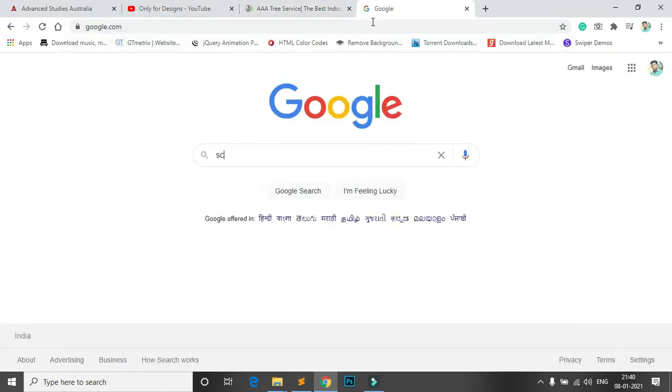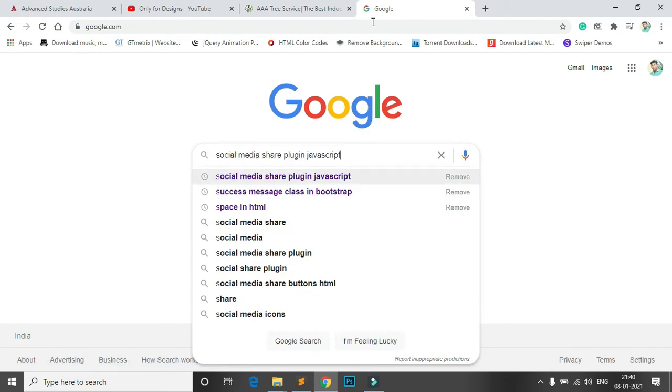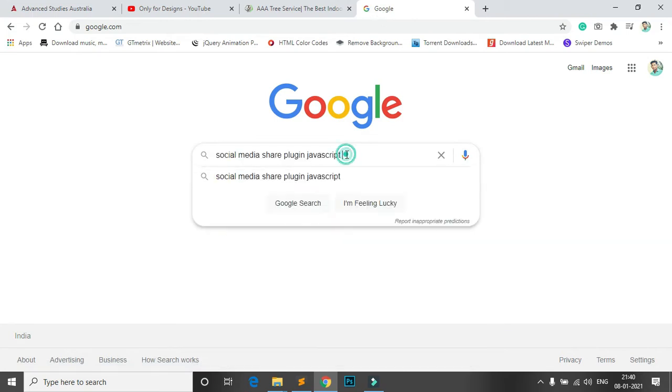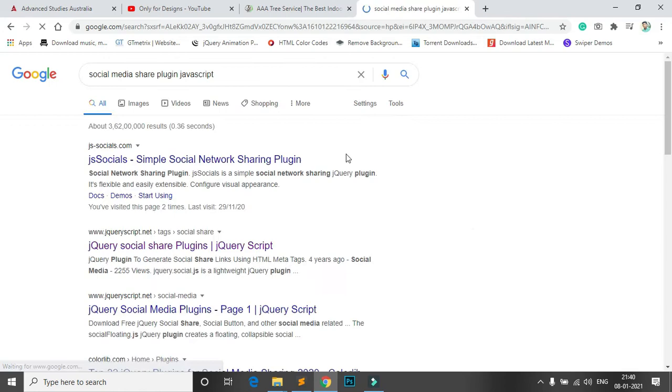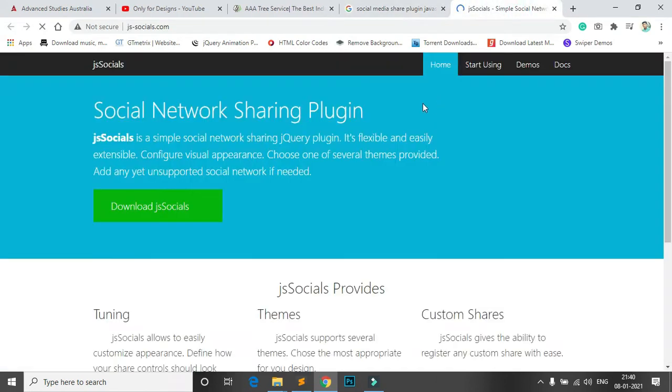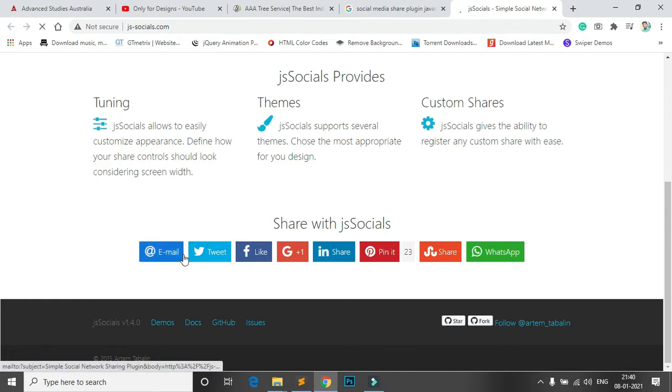Social media share plugin JavaScript. You can see there are so many plugins. This is the JS Socials. It is very good and very easy, but I think this plugin has some problem because it's not updated.